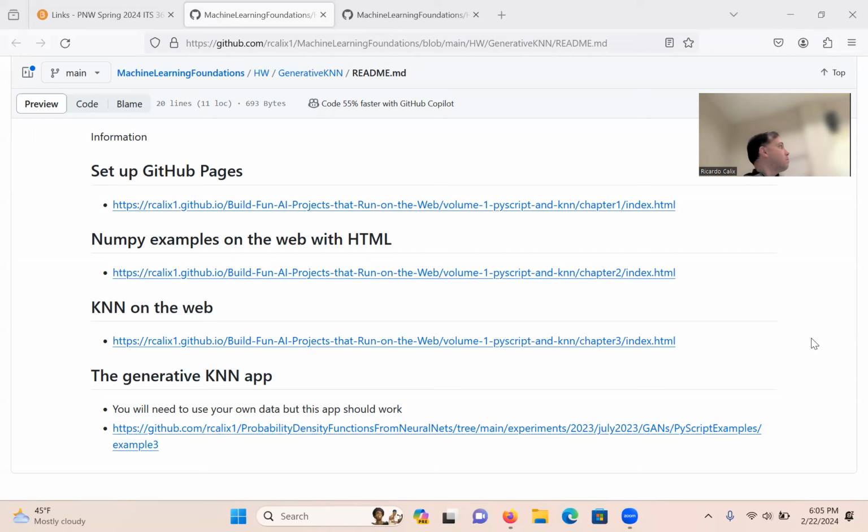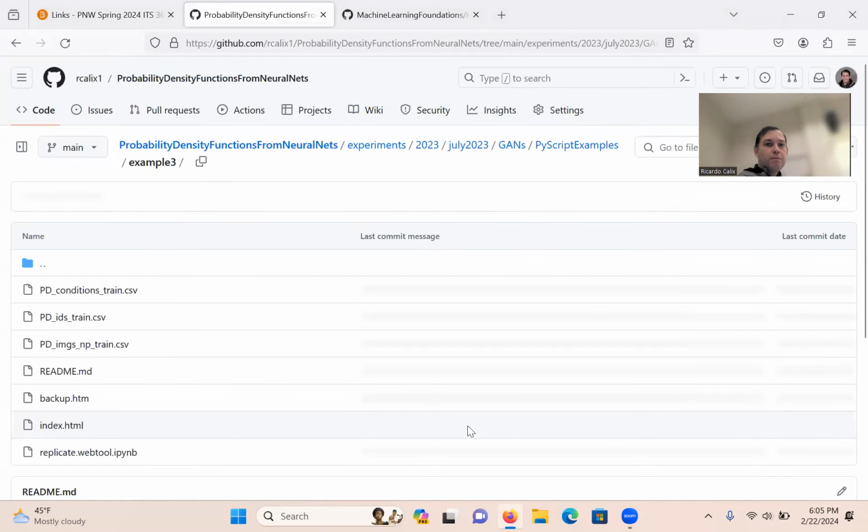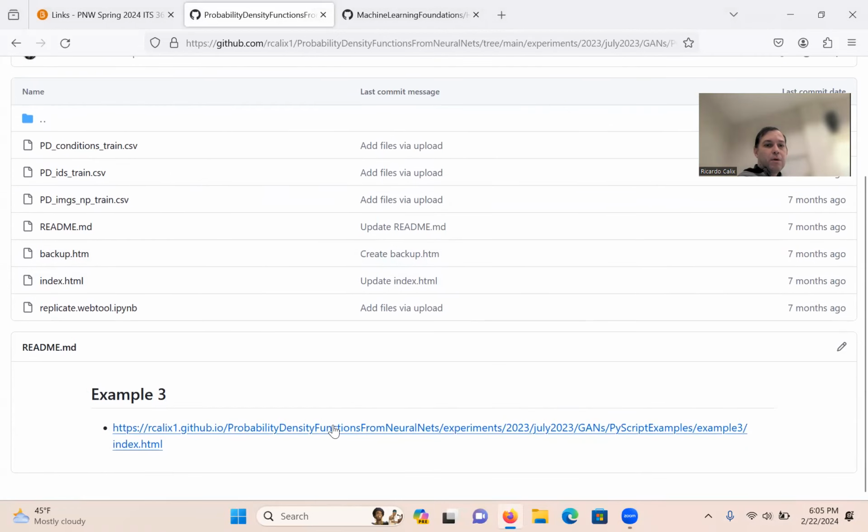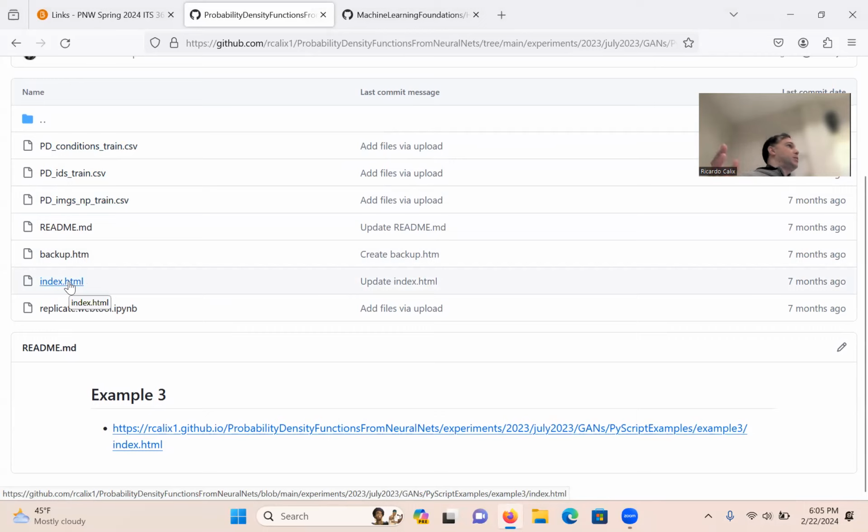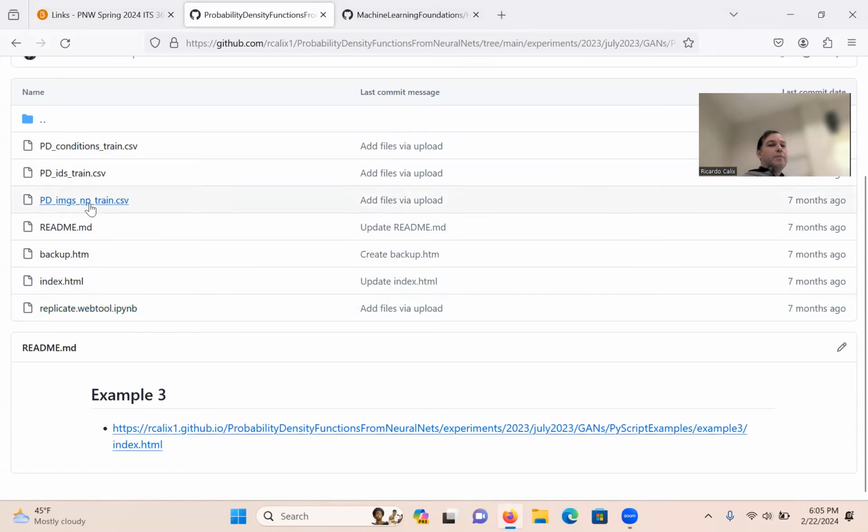Okay. Basically, the app that you guys are building is this one. I already provided the intuition that this is the only file you need to develop, the index.html file. Today, we're going to talk more about processing your data a little bit more with the Jupyter Notebook. And if you remember, we talked about these two CSVs, which are going to contain the